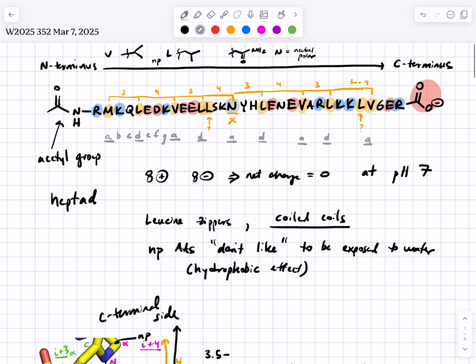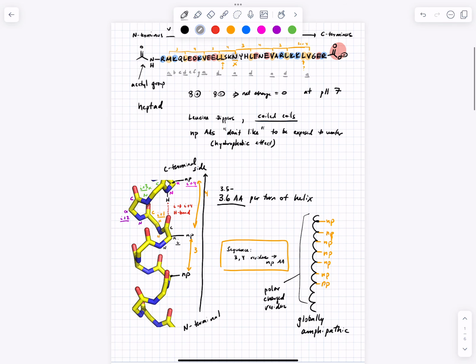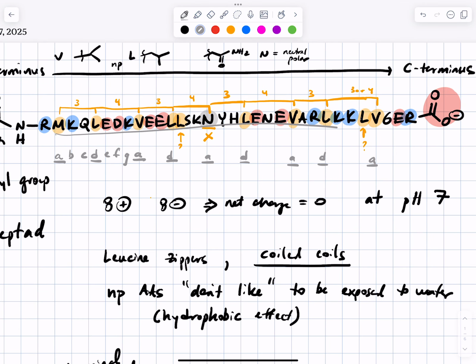Okay, a couple of things now about the charges. We noticed above that the net charge on this molecule is 0. That actually is important, because the two peptides have to come together. What do you think would happen if the overall charge on this GCN4 peptide were highly positive? What would happen as the two helices came together? You're going to have some charge repulsion, right? And maybe it wouldn't matter at first, but as you build up increased positive charge, there'd be some repulsion that you'd have to overcome. That would destabilize the